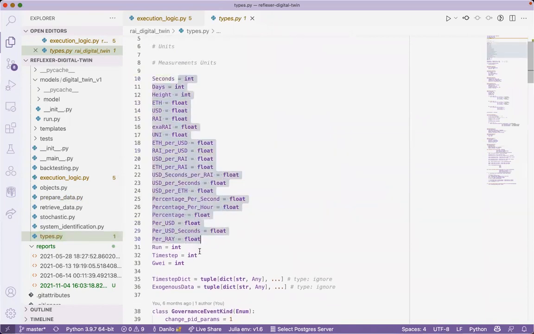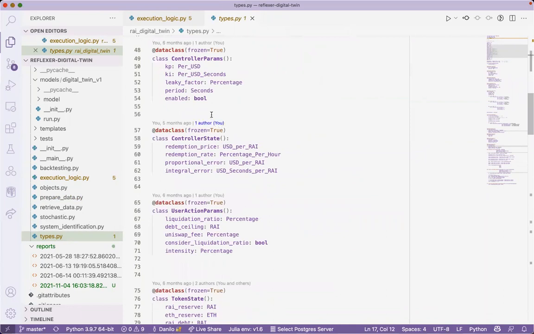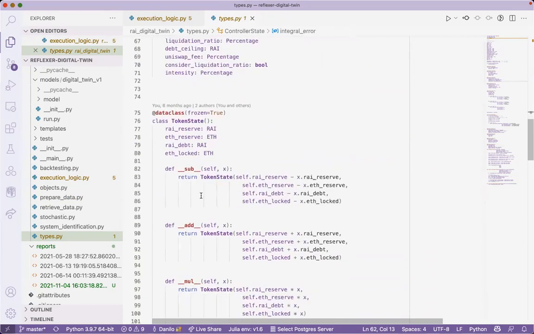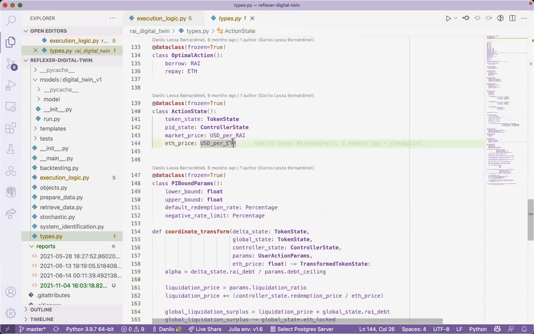For example, we have several measurement units here, just to make sure it's not ambiguous what everything means. But a great deal of the actual dimensions is really about, for example, changing the controller state. So we are interested in the redemption price, redemption rate, proportional error, and integral error. Or, for example, the token state, which is about how much liquidity there is, how much depth there is, and how much collateral there is. And yeah, it's really a lot of things.